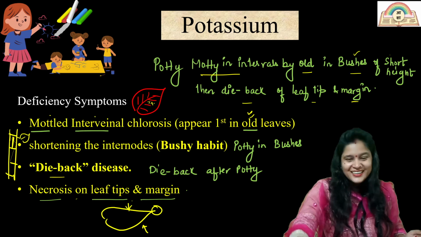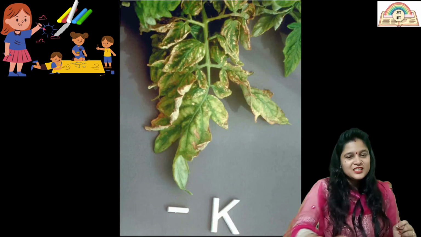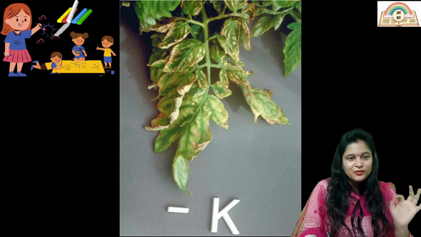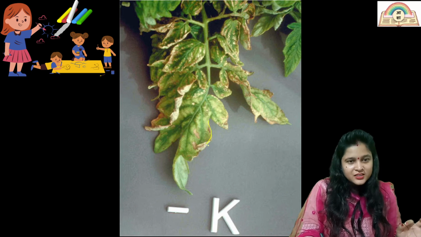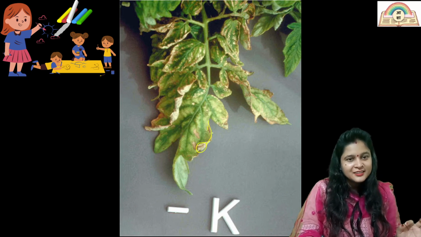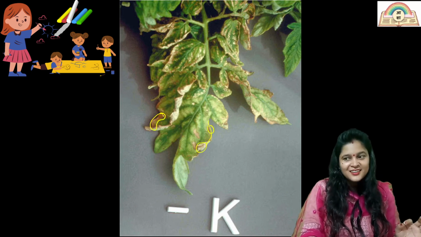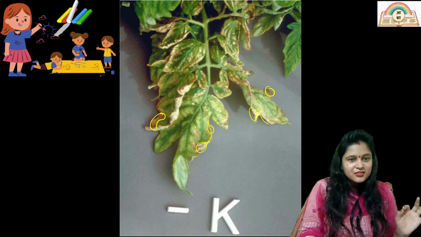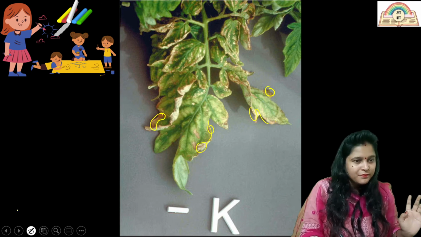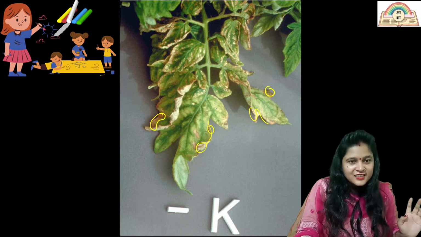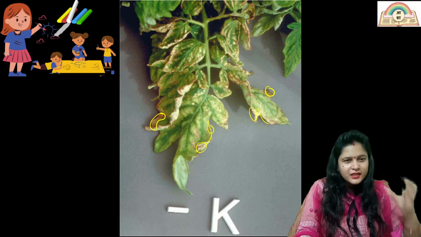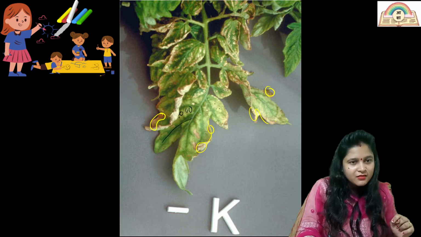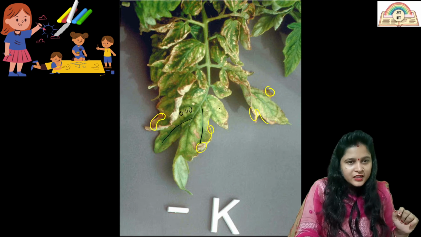You can see this beautiful leaf. You can see the margins. The cells are dying here. Can you see this? Okay, great. Can you see the intervenal chlorosis here? See this yellowing, and mottled means spots. Here it's between the veins. The veins here are green, and in between the veins,